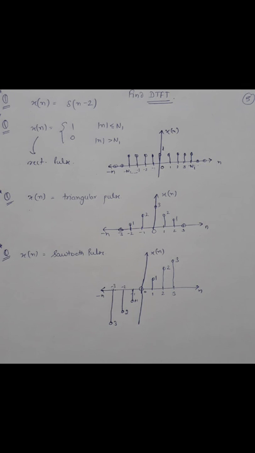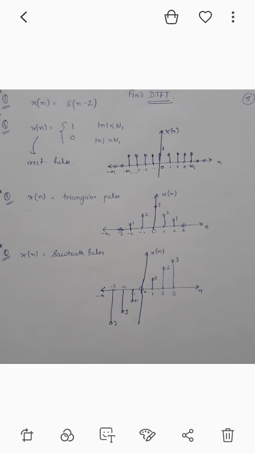And the next and last question is a sawtooth pulse, its value is 0 at 0, at 1 and minus 1 it's 1, at 2 and minus 2 it's 2, and at 3 and minus 3 its value is 3 and minus 3. Okay, minus 3, sorry. So calculate the DTFT of the following signals.